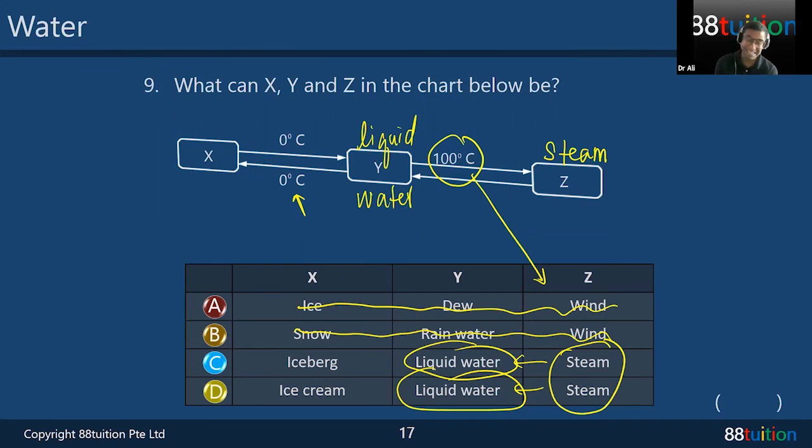Now, do you get ice or do you get ice cream? Ice cream is made of milk and a lot of other ingredients for you to eat. It's a dessert. It's not just liquid water. Liquid water that is frozen becomes ice. Do you eat ice or do you eat ice cream? Do you say, Mommy, can you freeze